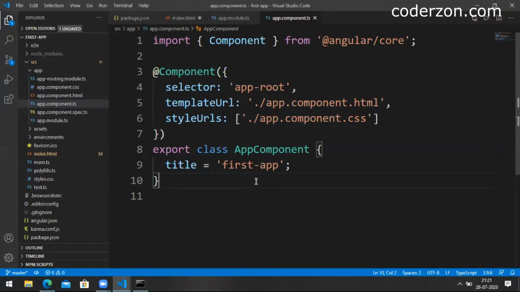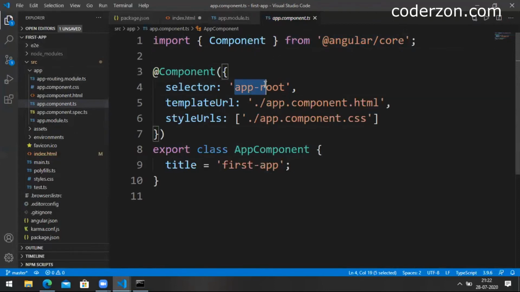In Angular, any UI component has a TypeScript class, an HTML file, an associated CSS file, and a name for that. That is called a selector. And we mark that in a decorator called Component. And here we have to import that particular component from Angular core.